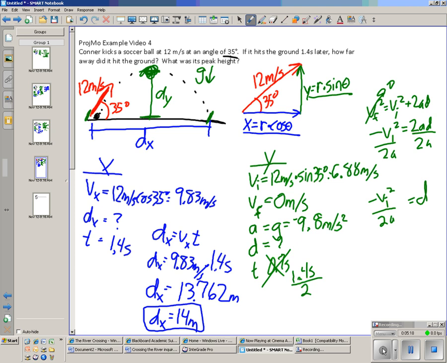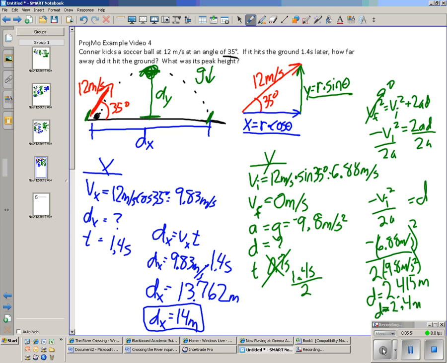I can now tap into my calculator. That is going to be negative 6.88 meters per second squared divided by twice the negative 9.8 meters per second squared. And my displacement will end up being 2.415 meters, or with sig figs,